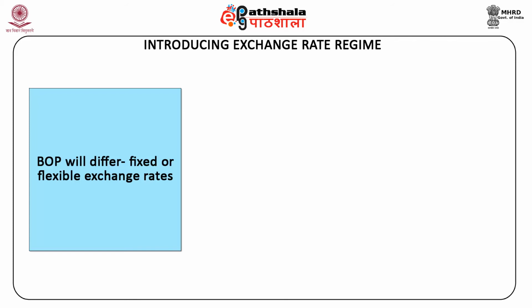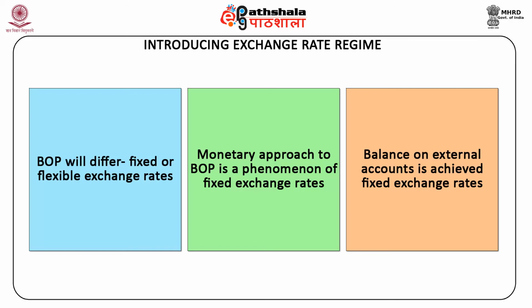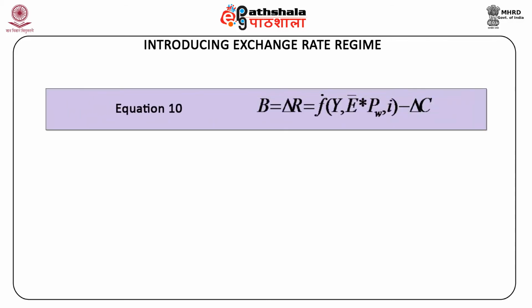However, as mentioned earlier, the monetary approach to the balance of payments is primarily a phenomenon of the fixed exchange rate regime. We will explain here how the balance on external account is achieved under fixed exchange rates. However, towards the end, we will provide a brief overview of how this approach will work under flexible exchange rate regimes. Under a fixed exchange rate regime, the price of foreign currency in terms of domestic currency is fixed, and the equation for balance of payment will become that of equation 10,